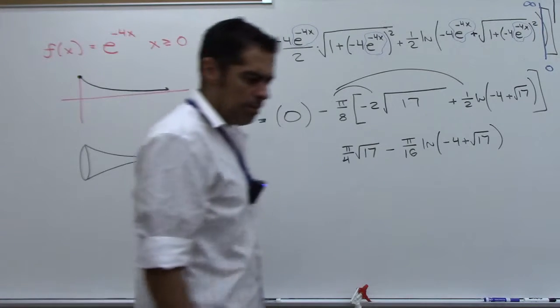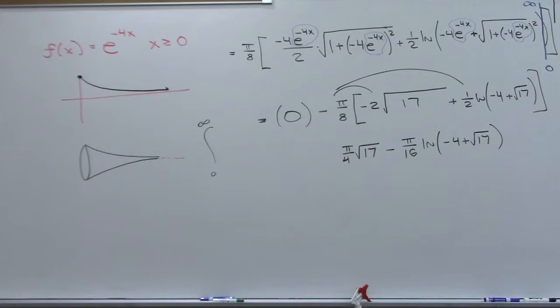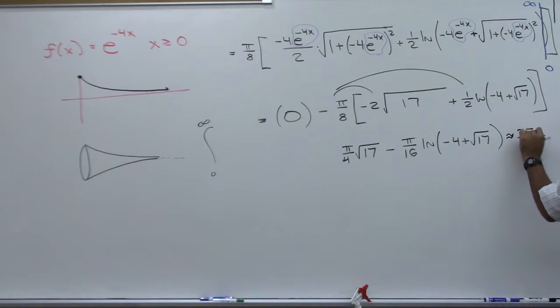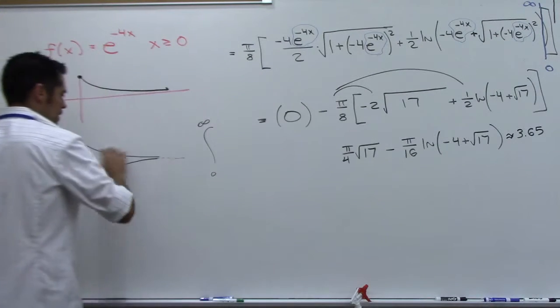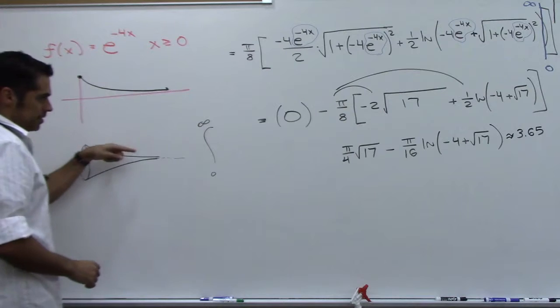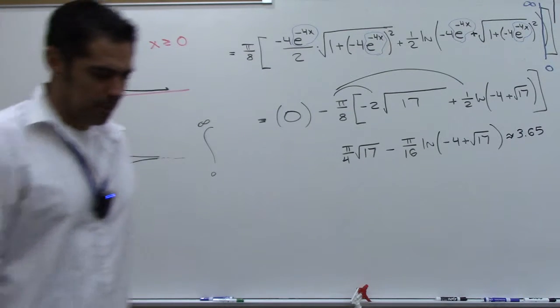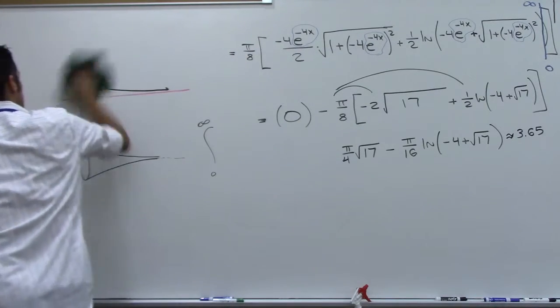All right, so it turns out, by the way, to be about 3.649, 3.65. So if you had this infinite funnel and you were to look for the surface area, it would actually be finite, which is kind of interesting. Okay, let me now move on to